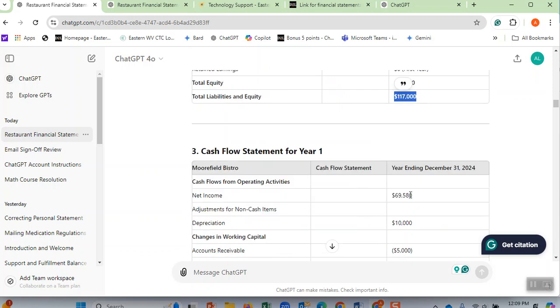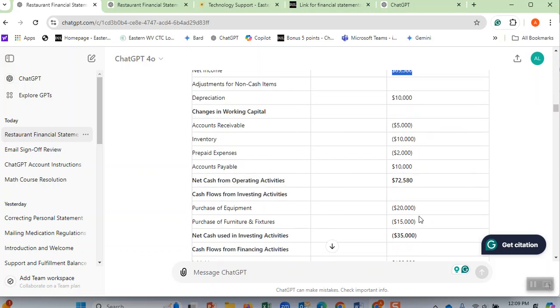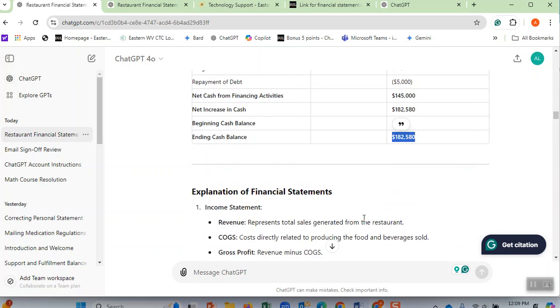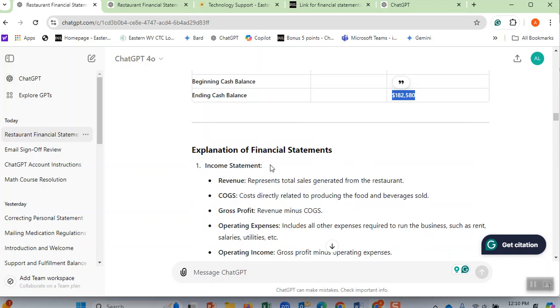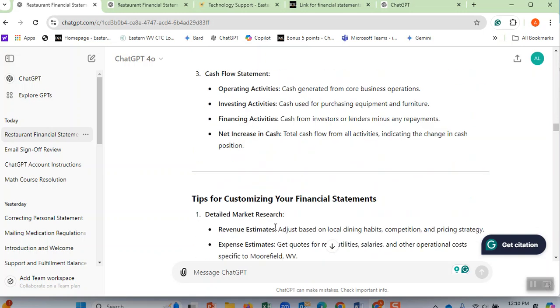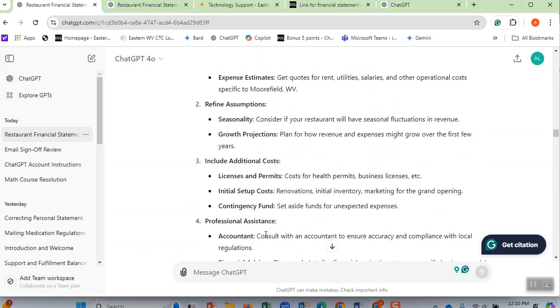Cash flow means this is the amount of money that we made in our net income, and we had some cash at the beginning, some cash came in, some cash went out. At the very end, we are in very good shape. We have $182,000 in the cash flow statement. And then I come here, and these are some statements from the financial statements that say what the revenues are, cost of goods sold, gross profit, operating expenses. These are some information about my company.